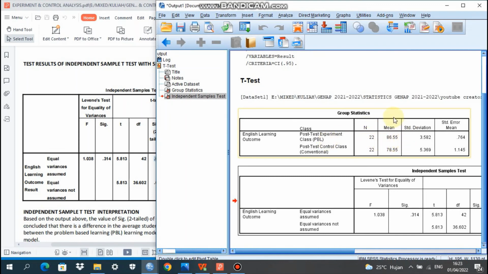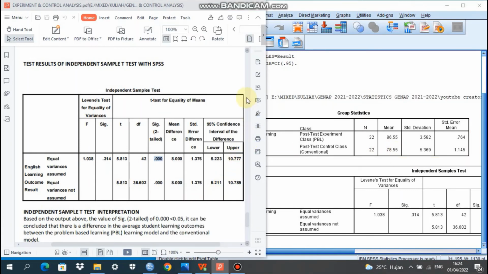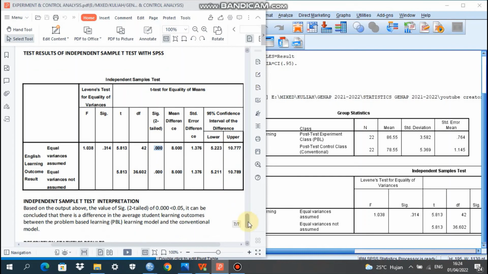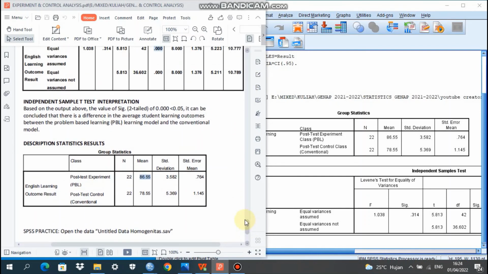The mean here is 86.65, which can be compared to the result of the post-test control class, the implementation of the conventional learning model, only 78.55. So it can be concluded that the PBL learning model is able to improve students' English learning outcome.